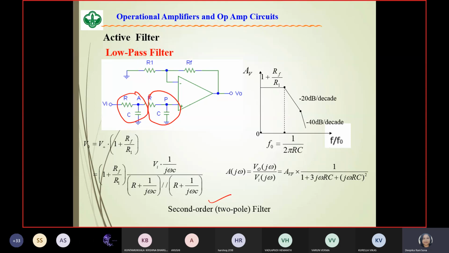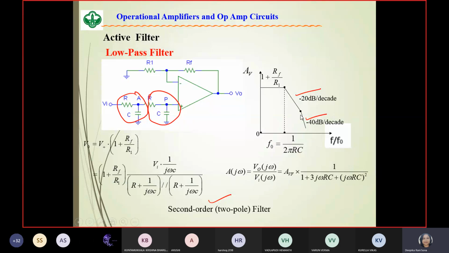Here I will provide you guys only some formulas. Derivation is not needed. If you know the formula, that's enough for you. And first let's understand the frequency response. If it is first order, we get up to minus 20 dB per decade. If it is second order, we may get minus 40 dB per decade. That also you have to remember, at F equal to FH. So here we are getting a two pole down frequency response.